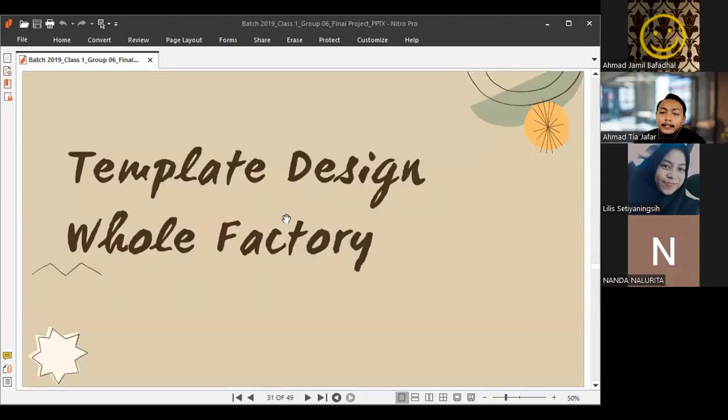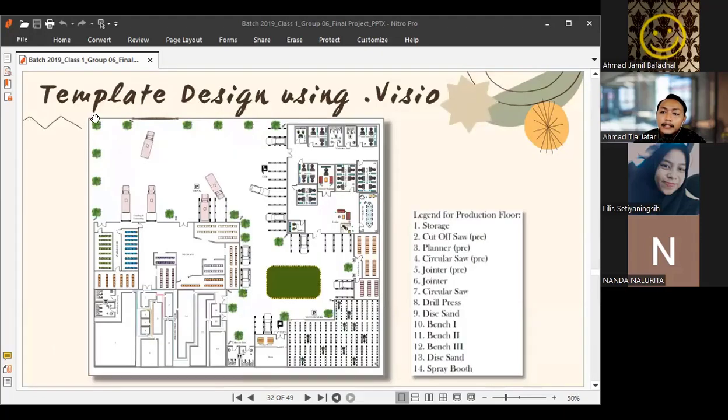Next, this is the template design whole factory. Okay, on here our template design using .pco whole factory. On here we can see this is divided into the three part. On the first is on the top. This is the loading dock area, loading unloading area, and then parking truck area, and then the office area. And then the center dock, and then the center, this is the warehouse on the left, and on here is the storage, and then on here is the green area,